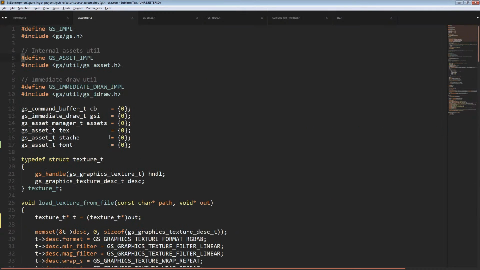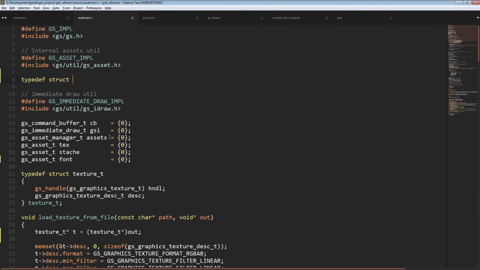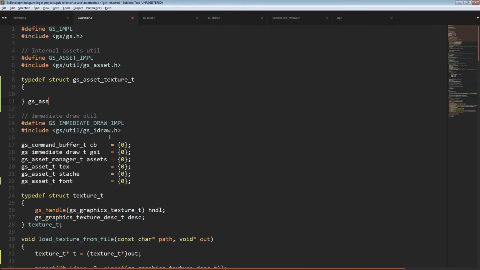So like I was saying, I could do something where inside of Gunslinger itself proper,